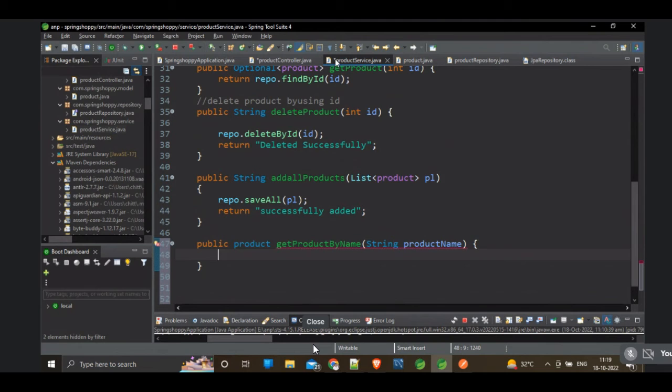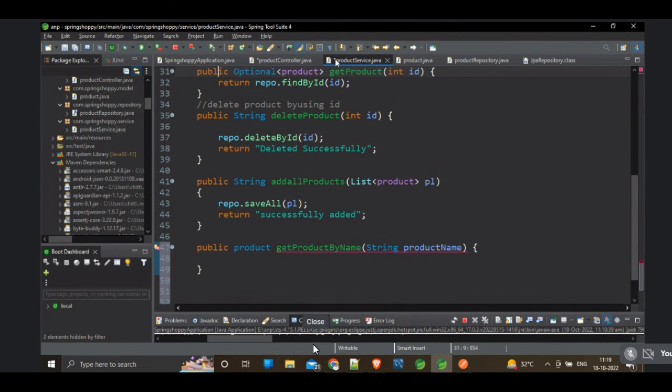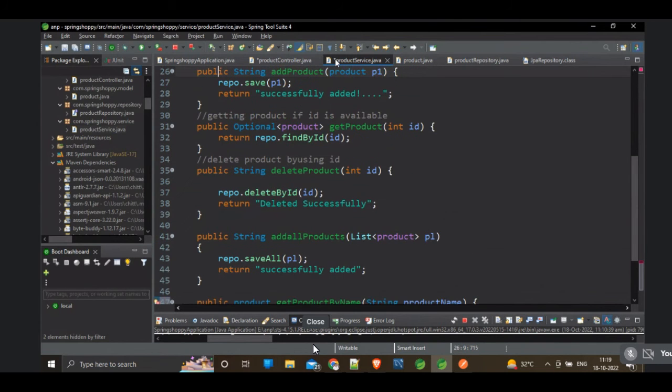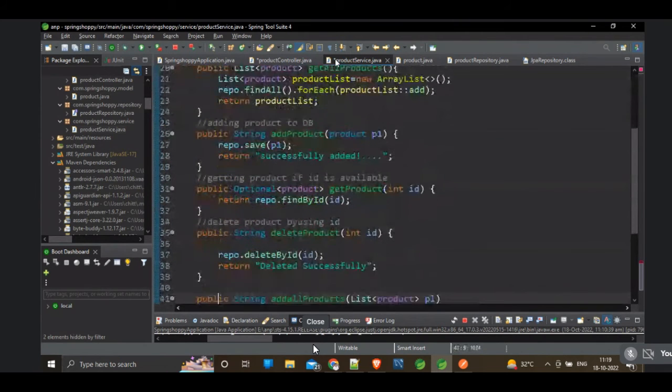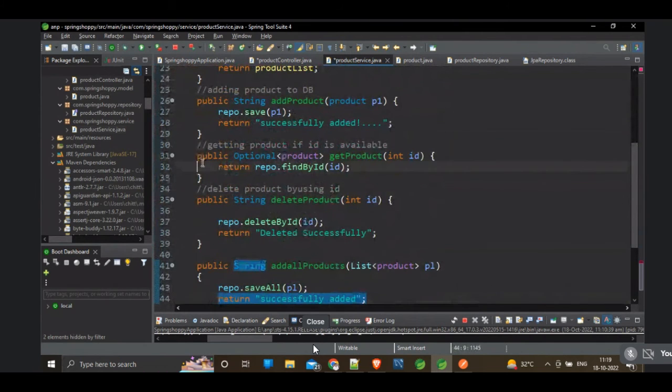Actually here you can see we have one method called get product by ID or find product by ID. Because ID is the primary key of the table, by using the primary key we are fetching the data. But here we are not having any method in the repository to fetch the data by using the